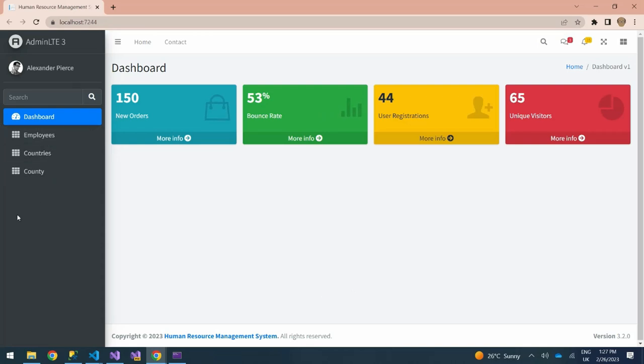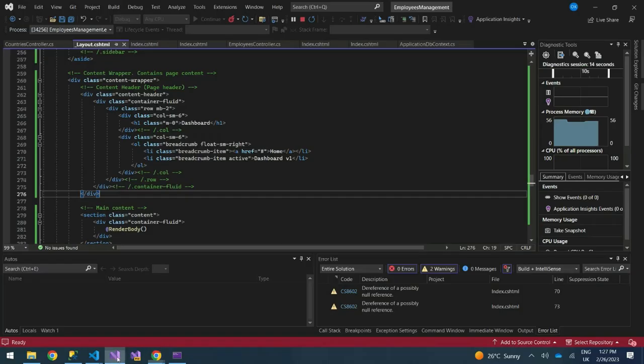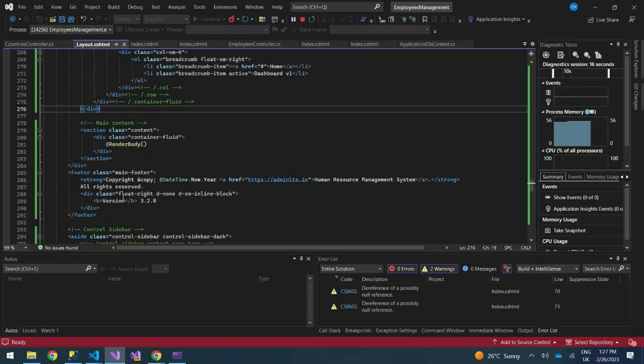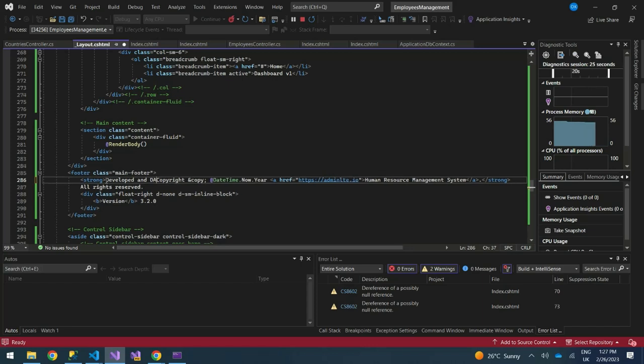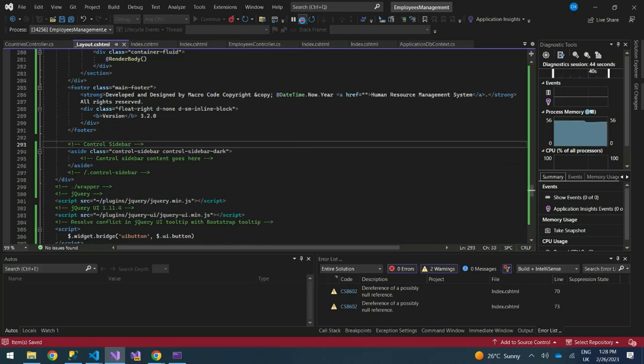Then this is our navigation. So we can also have something here. We can say developed and designed by Macro Code. So that is it, guys. So we can also do away with this link. So if we run our app,